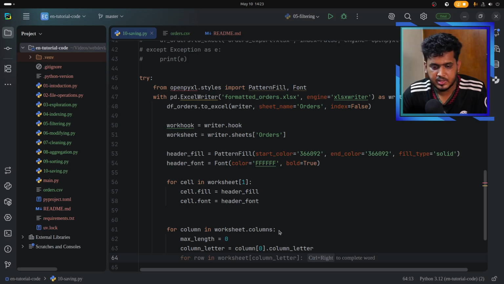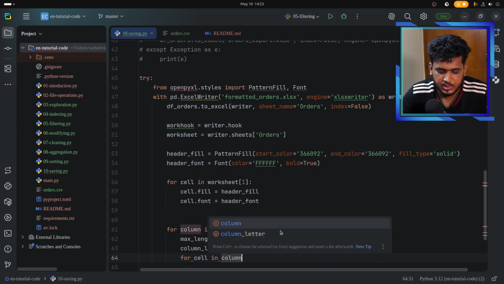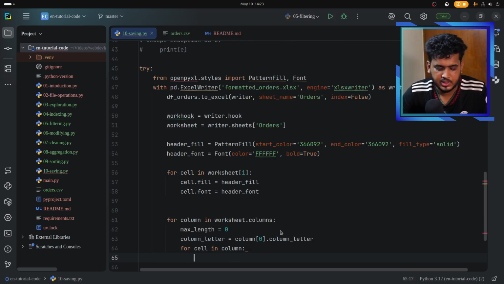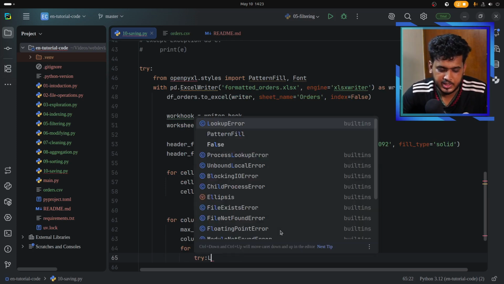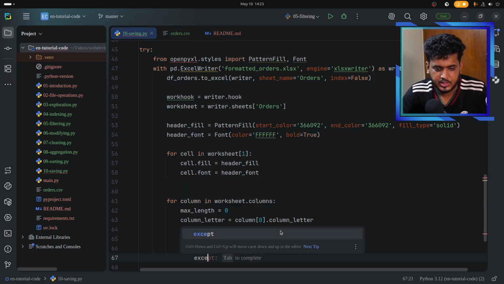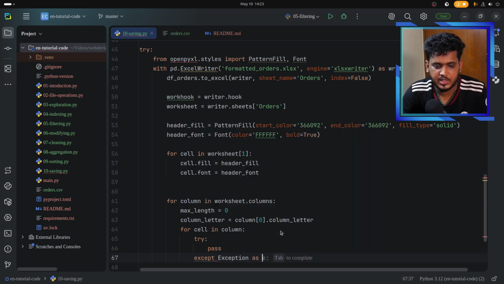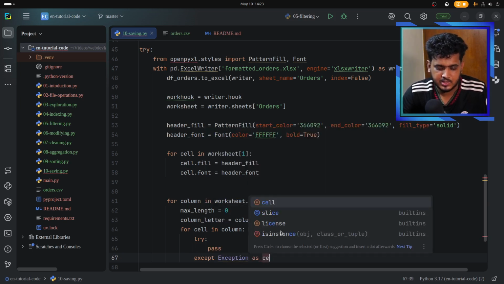Then again a for loop for cell in column, in here let's use a try catch block, try pass, except Exception as e, cell error,